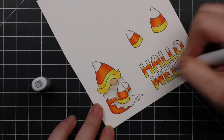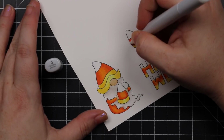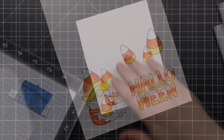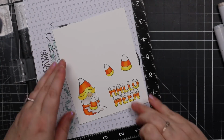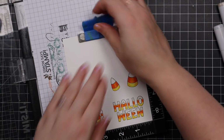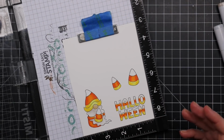Did my little bit of blending, added my cool grays to the white areas. It's subtle, but it gives it that little something. And then I'm going to put this back into my Misty. I had left the stamps where they were. I didn't move them. And I'm going to, this time, ink them up with VersaFine Clair Nocturne ink and stamp